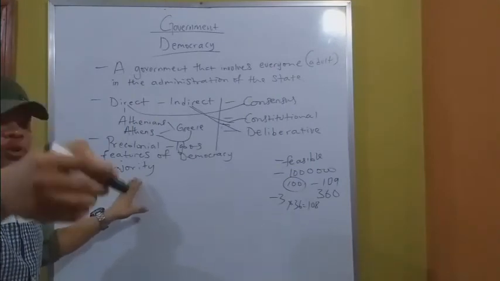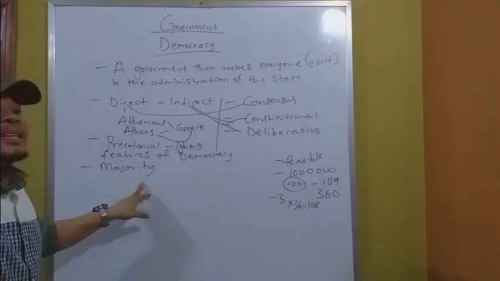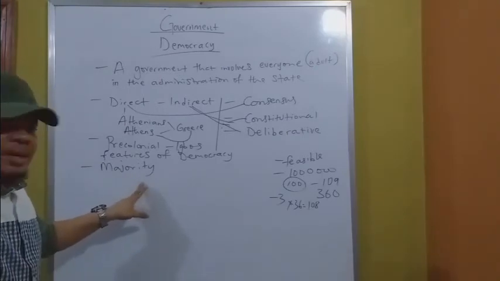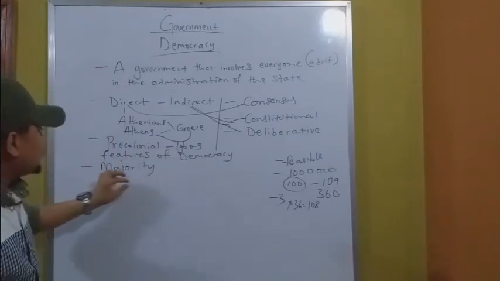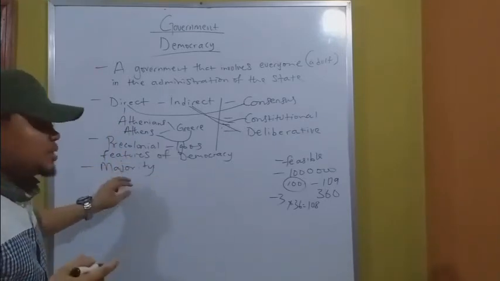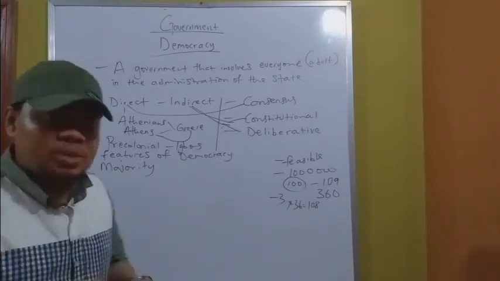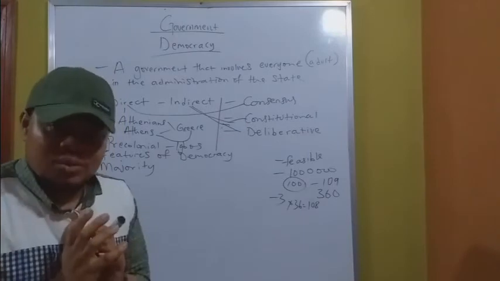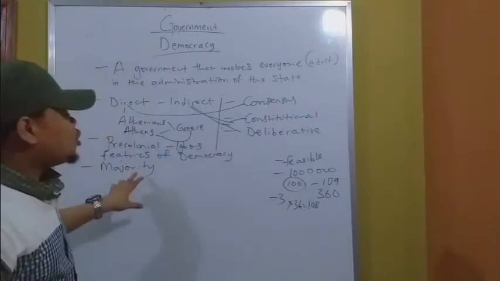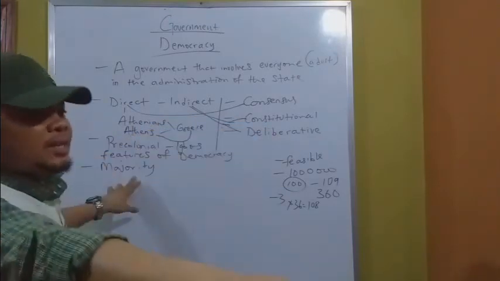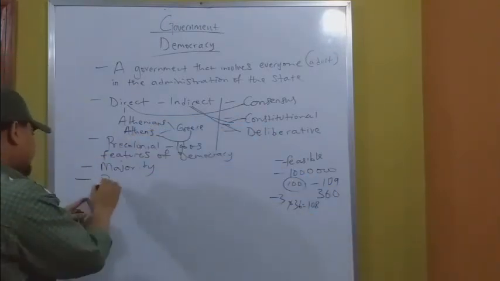Now, the first feature of democracy is rule by the majority. The party or the candidate that has majority votes assumes leadership. A candidate with few votes cannot win an election. And so when the candidate with the majority votes wins elections, it is assumed that the majority of people are controlling government. Are you with me? So majority always rules in a democracy. Now, number 2, protection of minority.